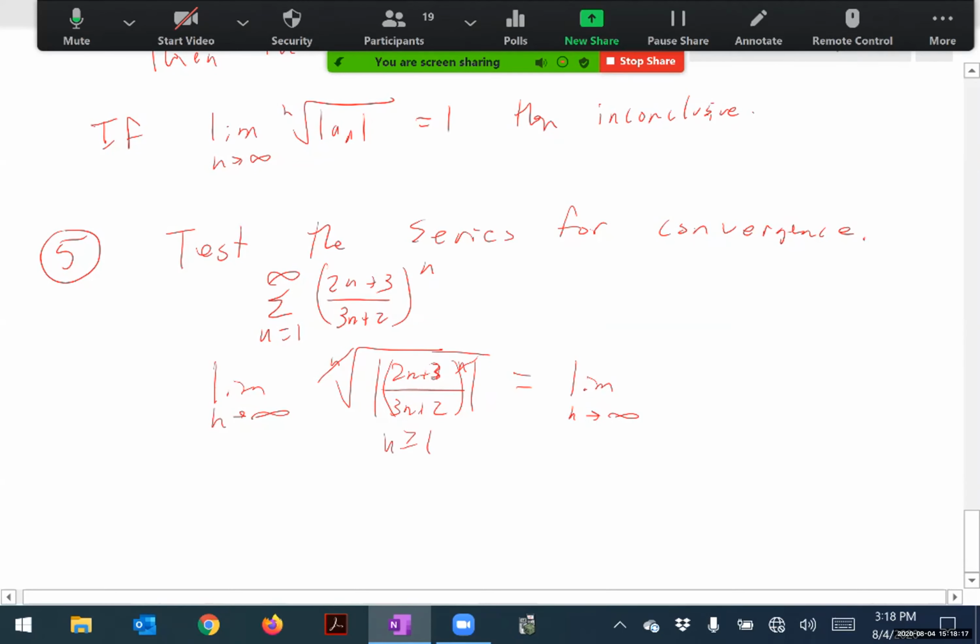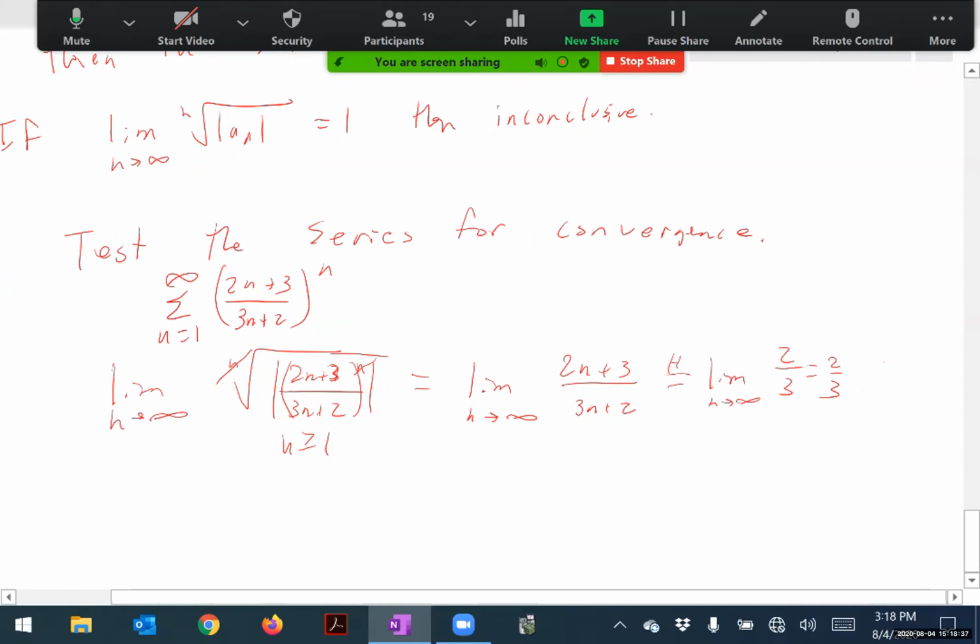So I can kind of remove the absolute value bars. So I'm going to get (2n plus 3) over (3n plus 2). Okay, and then I can use L'Hopital's rule to say that this is the limit as n goes to infinity of 2 over 3, which is 2/3. Okay, and 2/3 is less than 1. Therefore,